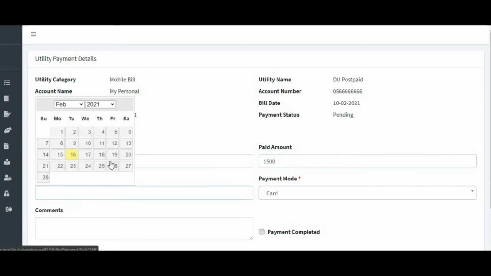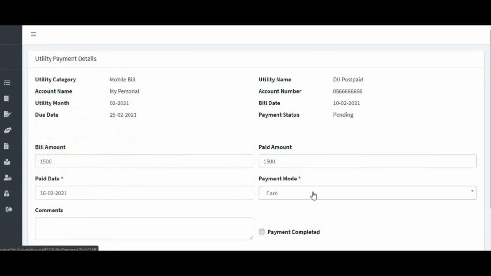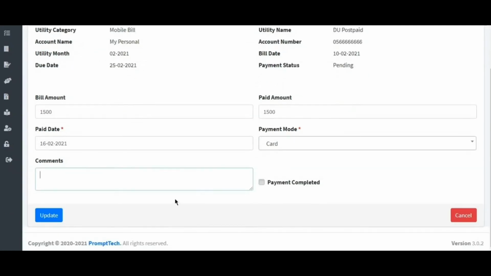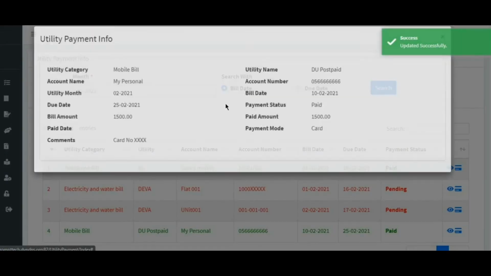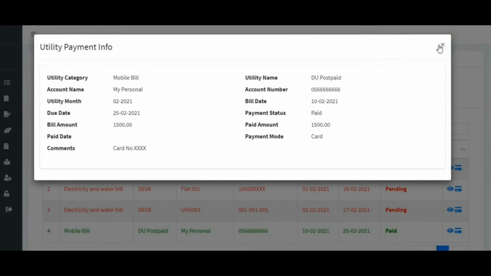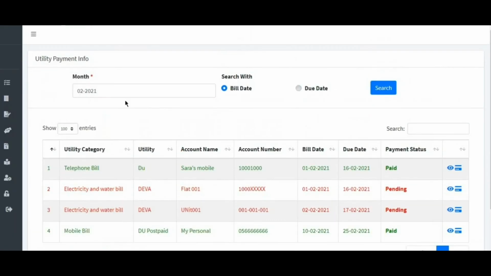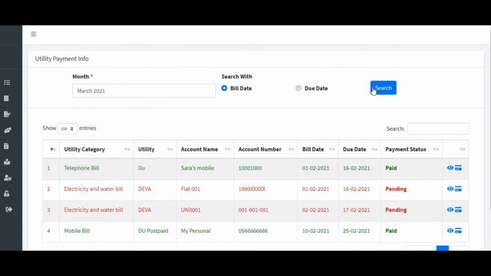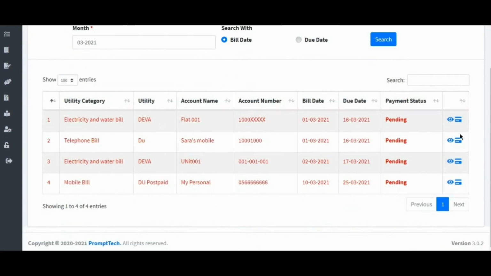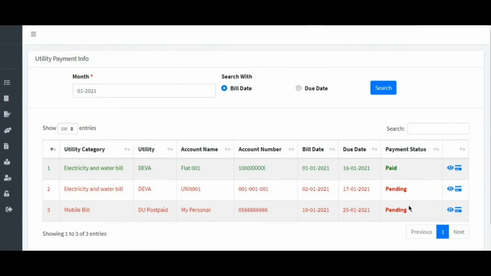As soon as the utility is created, we can go to the utility payment, right? Here you'll see what dates are pending, because if the due date has gone, it will show pending, right? And if you've paid, it will automatically show that it is paid, right? Here you can search by the bill date as well, or by the due date, right? The month is also given over here, so you can see below, right? As soon as you click on anything you want to view, it will give you the details over here, and once the details are there, you can put the bill amount, right, and pay the bill, right?